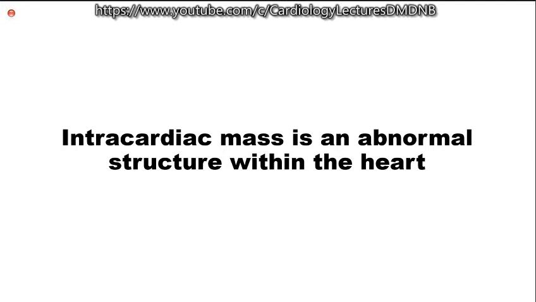What are the structures that we can get which will sometimes be confused with an intracardiac mass? Eustachian valve at the IVC. Very good. Eustachian valve. Chiari network. Yes. Then what else? Sir, sometimes at the ASD level, we can get an aneurysm. Yes, aneurysms. Unless you are very careful, you may misinterpret it.